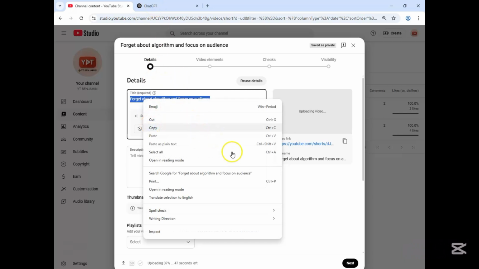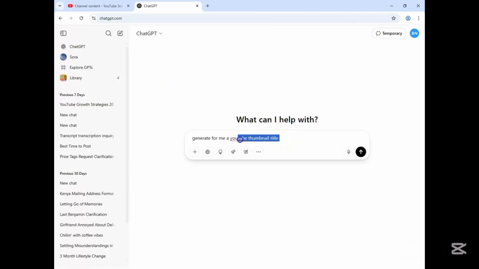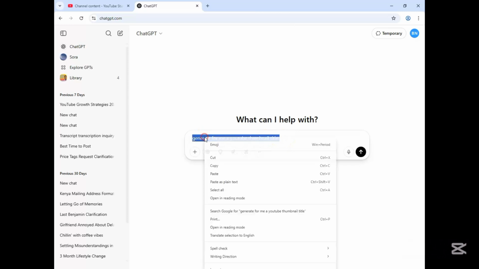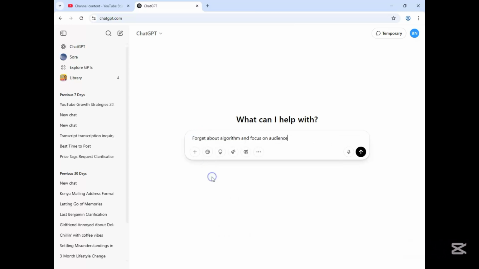Then I come to my ChatGPT. Then I paste it. After I've pasted it, I'll have to type there, help me generate description